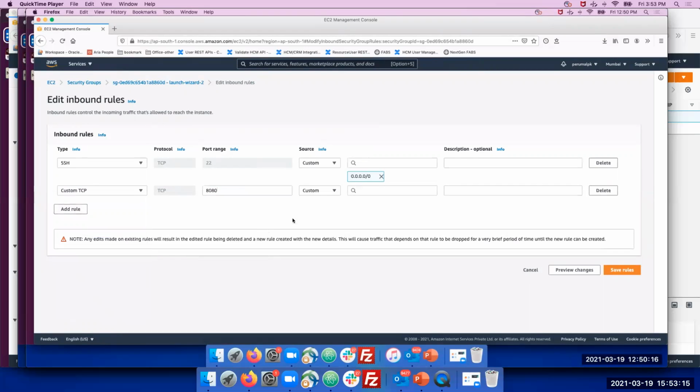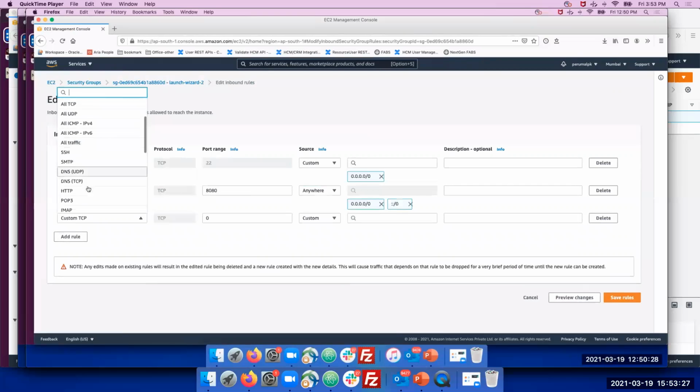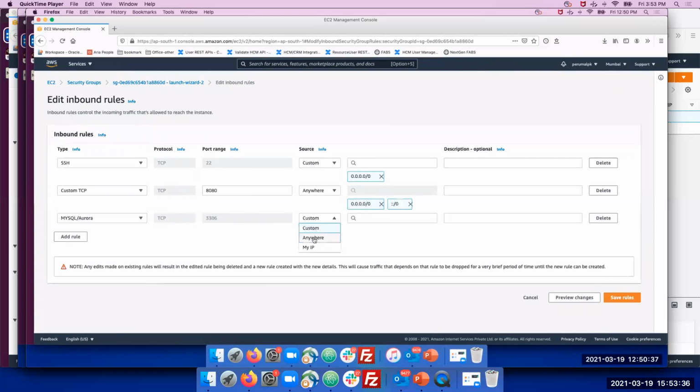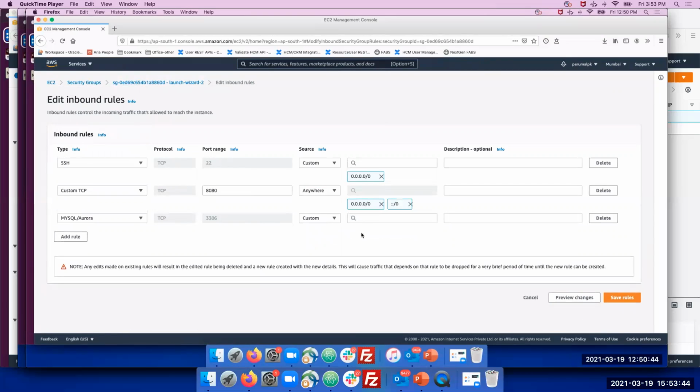If I want to enable it from anywhere, we can access this port from anywhere. Also, for example, if you want to add the MySQL port, you can add it and select anywhere. Or if you want to access it only from your machine, you can customize the source, select custom, and give your public IP.